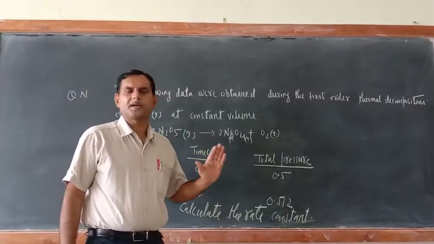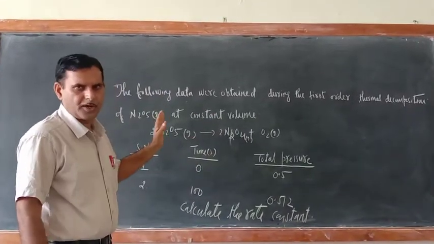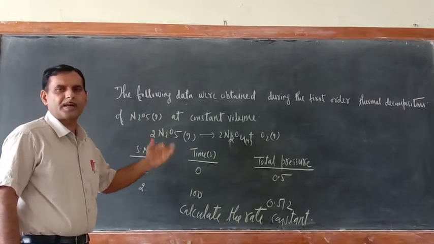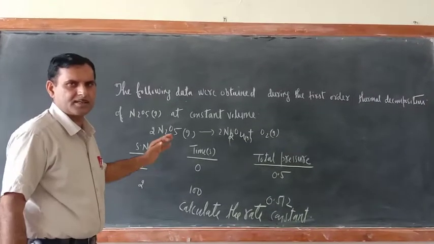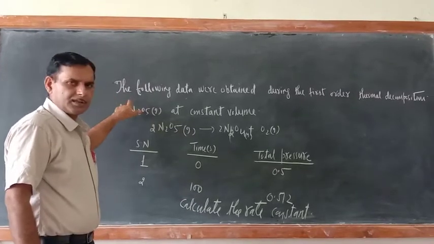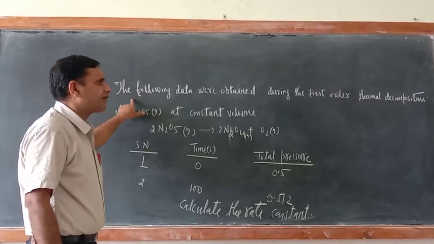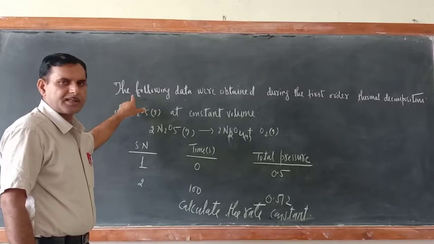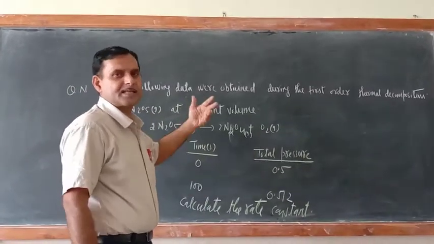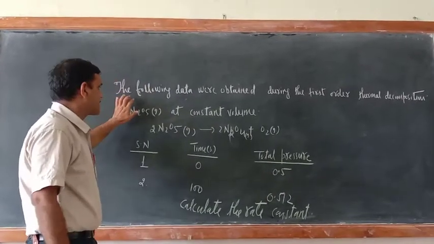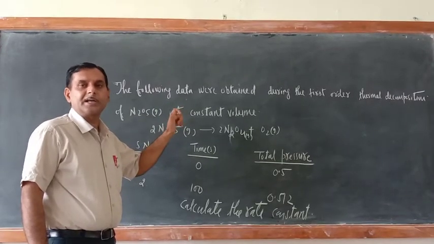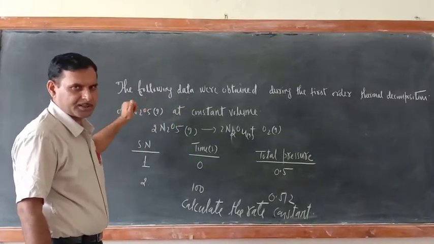So I have completed half-life period also for zero order reaction and first order reaction. Now this is the time to give you enough practice as far as numericals are concerned. So some of the numerical I have given you for the practice. This was the numerical which I have given you earlier also, and this is based on first order integrated rate equation for the gaseous reactant. For the gaseous reactant, a little bit of modification is there in the integrated rate equation for the first order reaction.